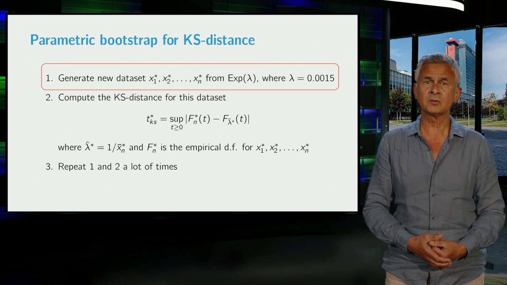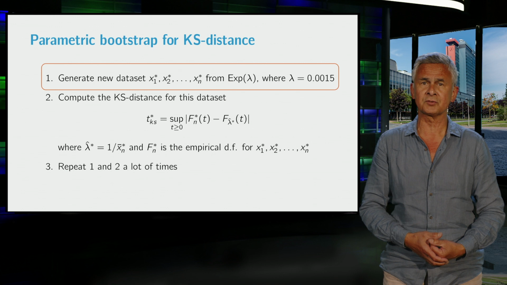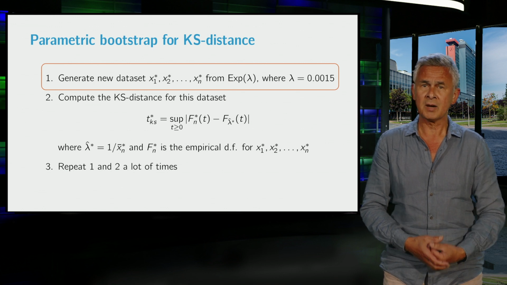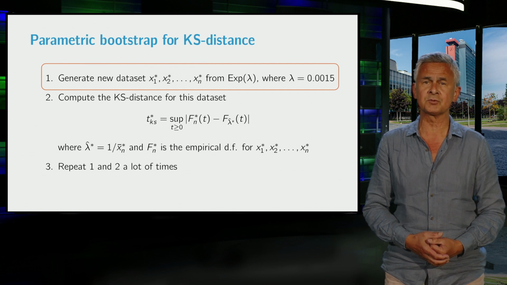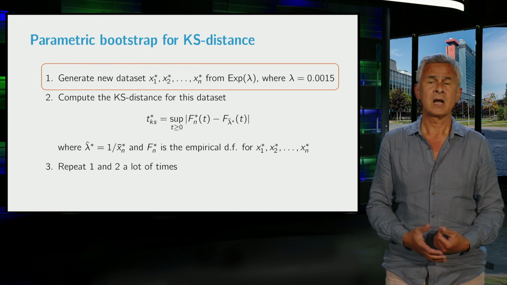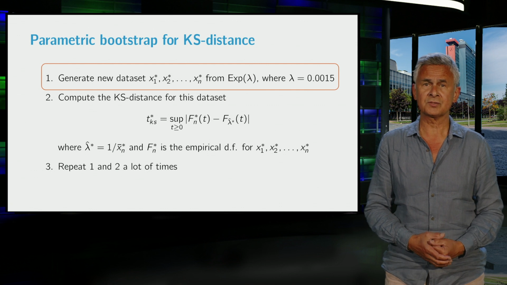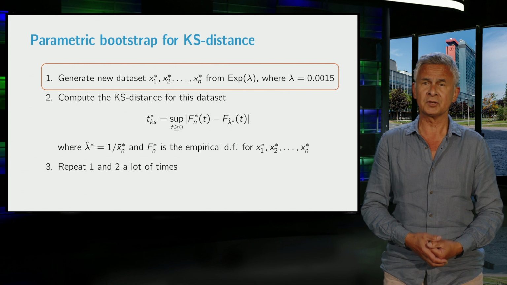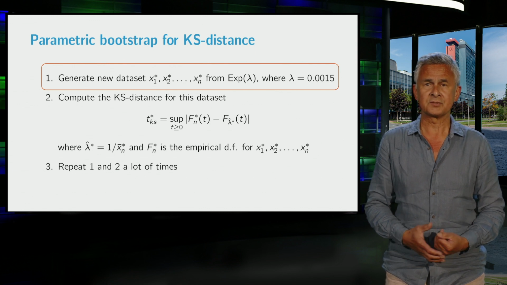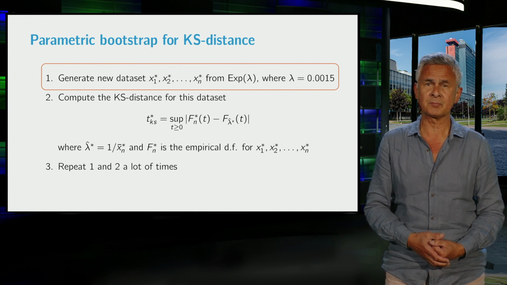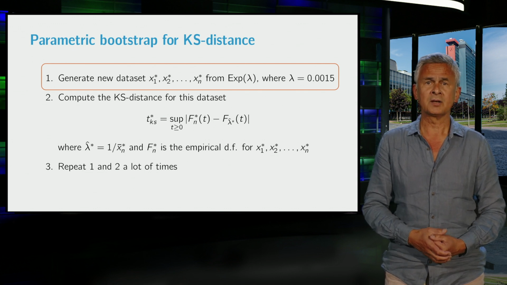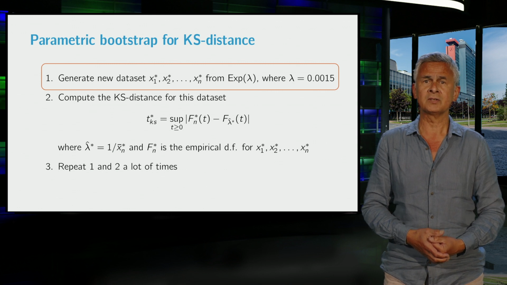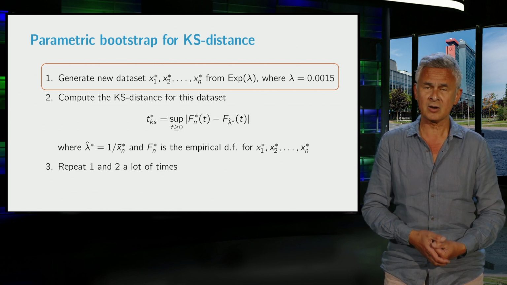In the previous video, this was possible because in the statistical testing problem at hand, the model distribution under the null hypothesis was assumed to be an exponential distribution. However, there are situations in which there is no reason to assume a specific type of distribution for the dataset at hand. In such cases, the parametric bootstrap cannot be applied. In this video, you will learn an alternative resampling scheme called the empirical bootstrap that can overcome this difficulty.